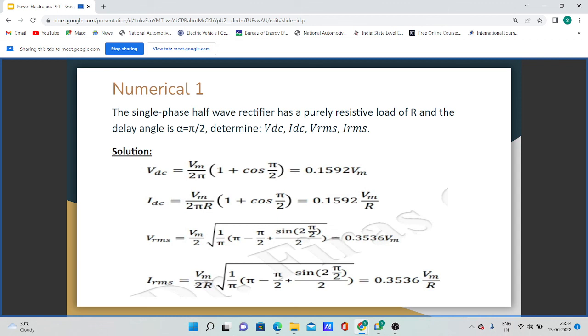Then again, the value of IRMS we will get from the formula Vm upon 2r under root of 1 upon pi times (pi minus pi by 2 plus sine 2 pi by 2 upon 2). It will be 0.3536 Vm by r. We can see Vm by r in IDC and IRMS are constants. So next,